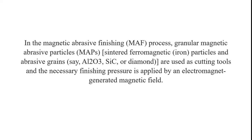So, what is meant by magnetic abrasive finishing? Magnetic abrasive finishing is one of the non-traditional machining processes in which granular magnetic abrasive particles are used as cutting tools, and the necessary finishing pressure is applied by an electromagnet-generated magnetic field. Here, the levitation force is applied for making the magnetic particles accumulate with each other, and from this accumulation the magnetic force can be used as a magnetic grinding wheel, rather than resins used for making an additive force between